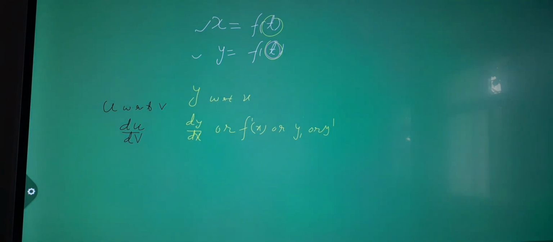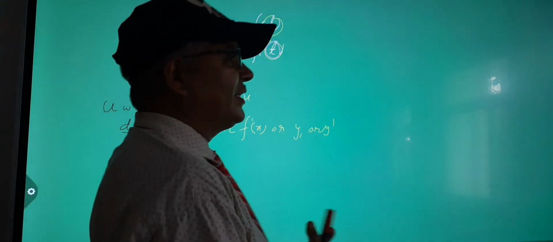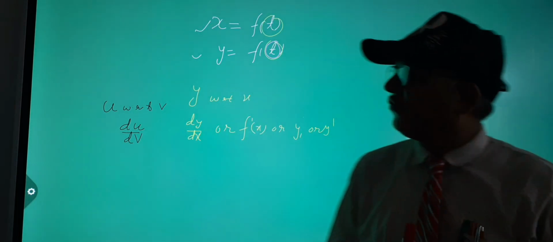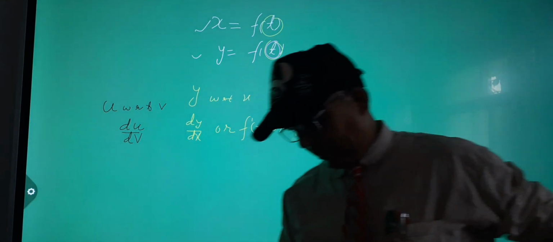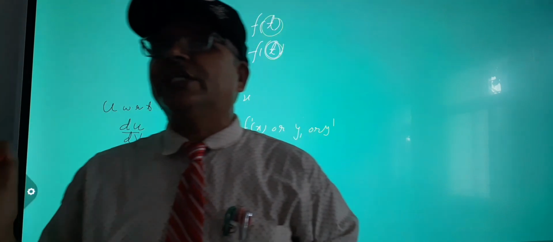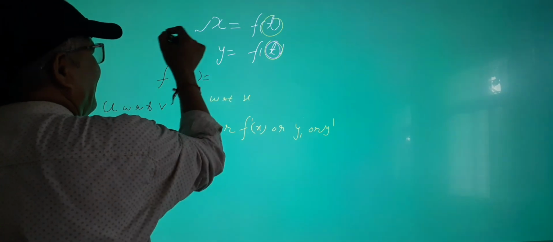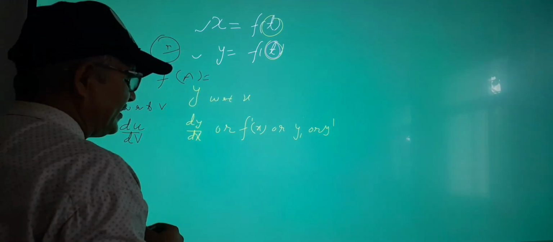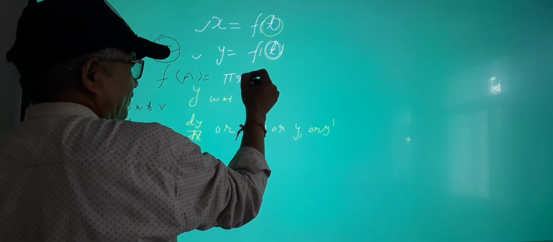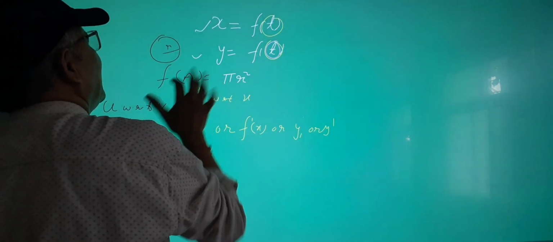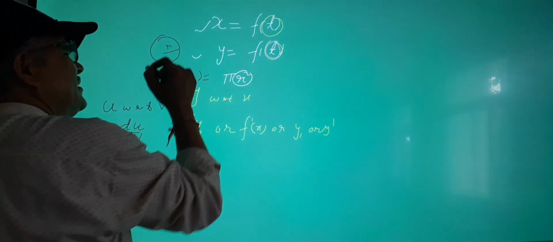Yes, visible. One more thing, already discussed in class: what is differentiation actually? Each and every function is independent or depends on another. Suppose I write the function A, the area of a circle, with radius r. So it is pi r square. It means that this area depends on radius r. The area of this circle depends on radius r.